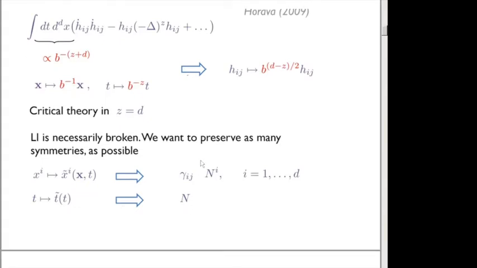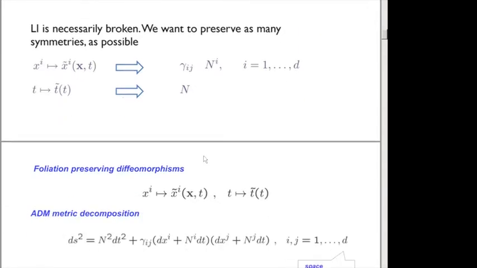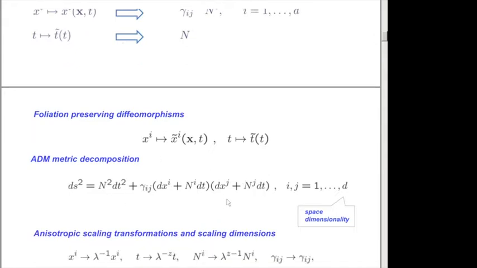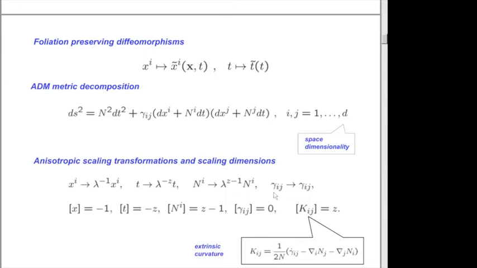And then it is easy to show that if you consider not general diffeomorphisms, but a restricted class of diffeomorphisms, the so-called foliation preserving diffeomorphisms, where spatial coordinates are transformed generically into new coordinates as functions of all spatial coordinates and time, but the time coordinate transforms only as a function of the original time without any spatial dependence, then with this ADM decomposition of the full space-time metric, one can construct the action of the theory,